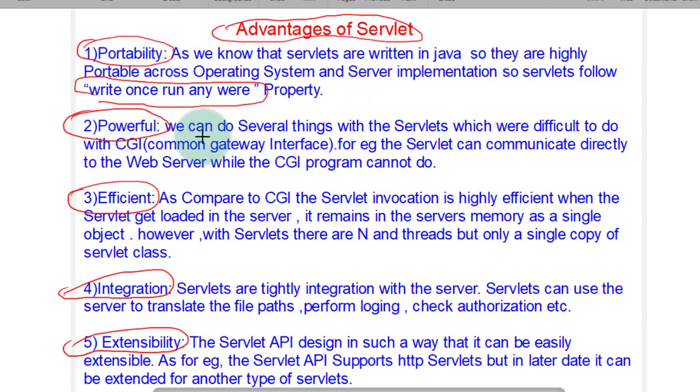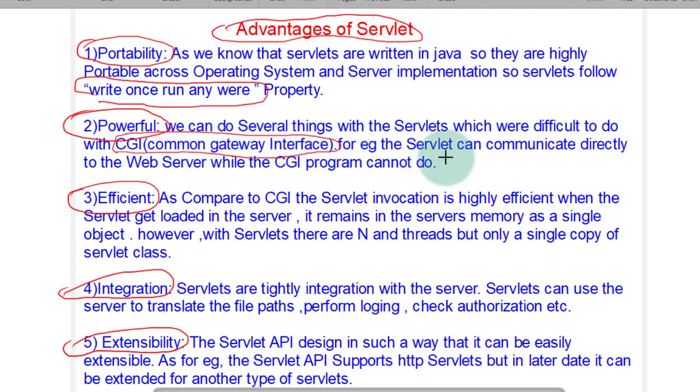Now, powerful. We can do several things with the servlet which were difficult to do with the CGI, that is the common gateway interface. Before servlets, one of the technologies that provided functionality like servlet was CGI, but there are many limitations and restrictions in CGI.